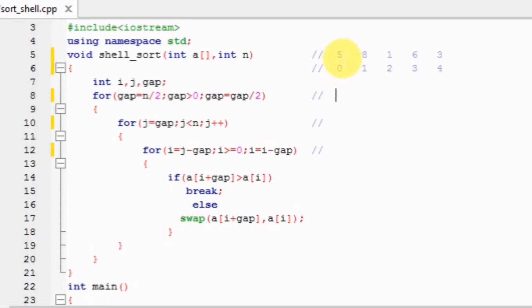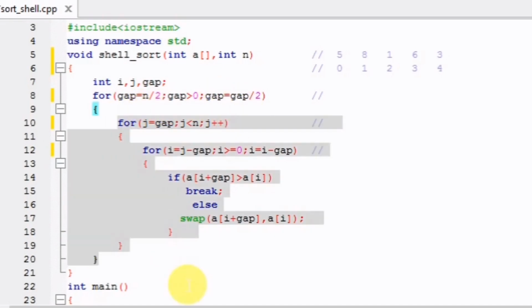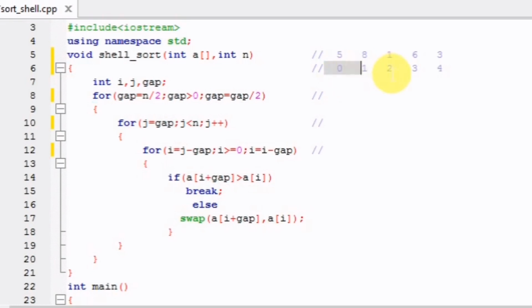That means here n equals the total number of elements, that is 5. So gap will be 5 by 2 equals 2.5, right? But we will take the nearest integer value which is less than that value. So here we will take gap equals 2, and within this loop we will compare the elements that are